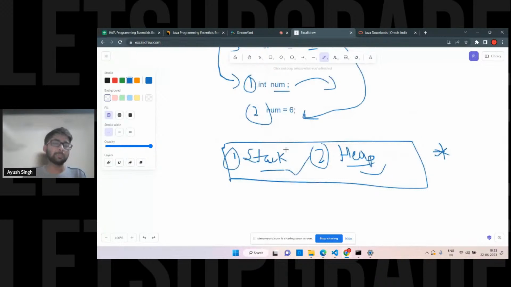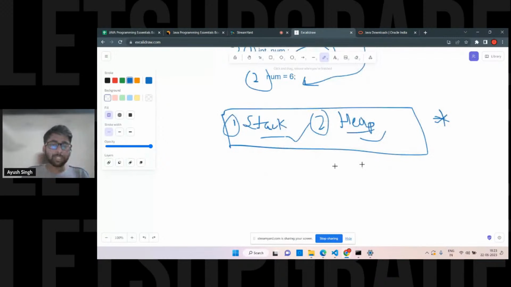Stack and heap are types of memory in Java. Right now, just remember this point: for any memory or any data you are storing, it is obviously going to the stack or heap. We are going to learn how it goes. If we have the number 4, it should be going to stack or heap. That we have to see, right? We are going to see it on day 2.